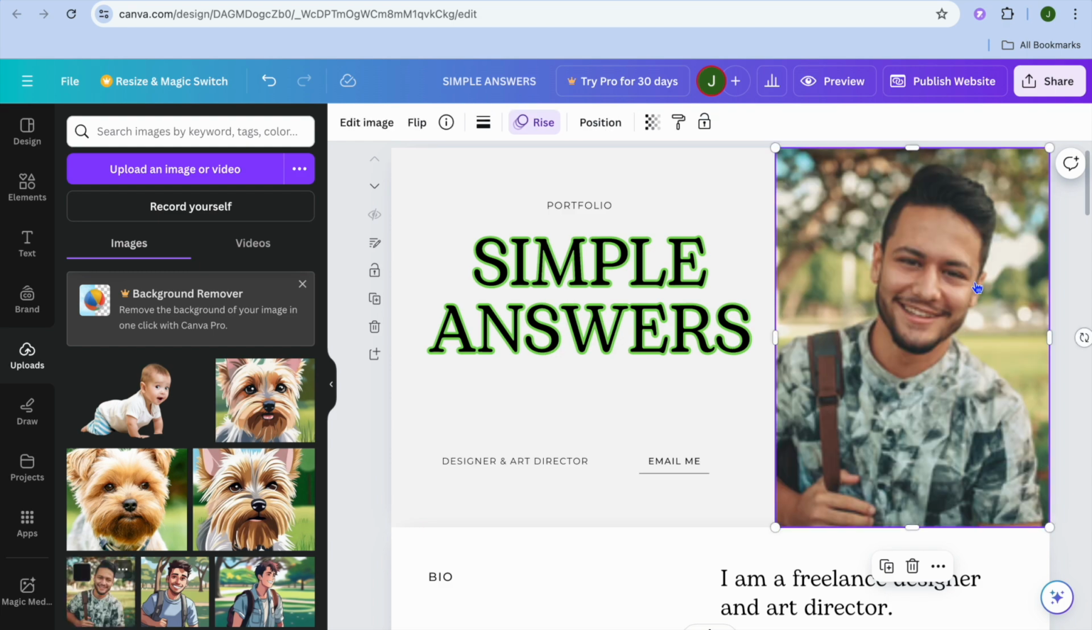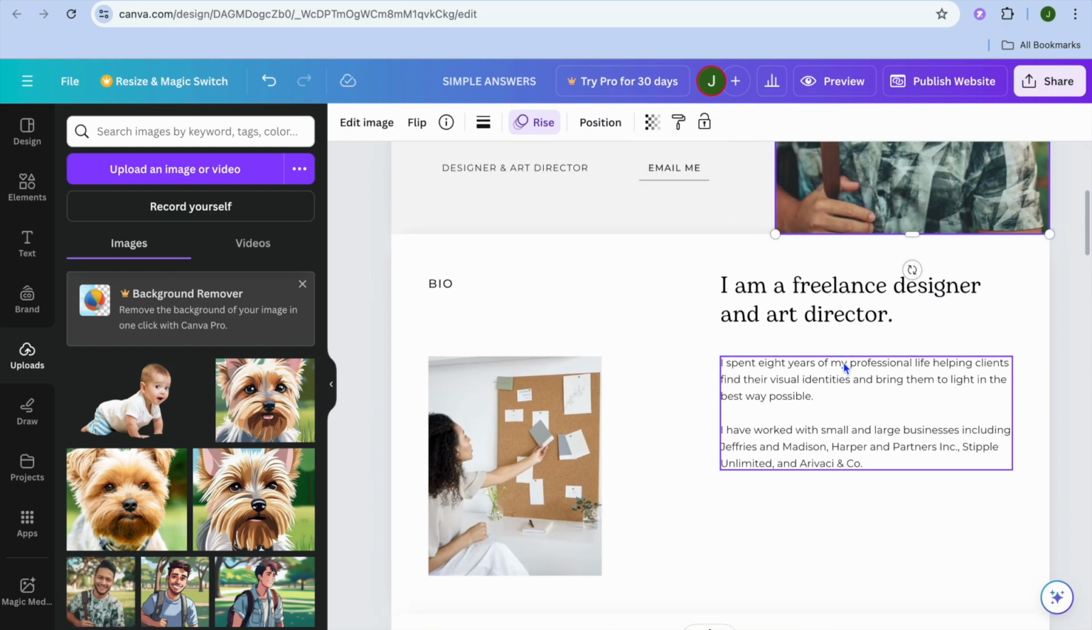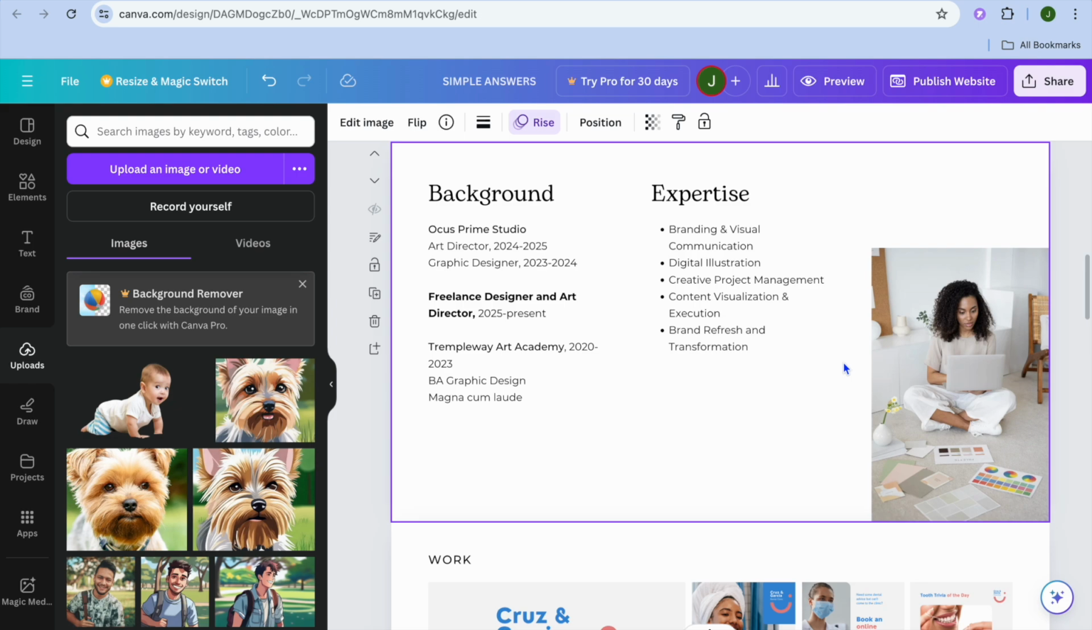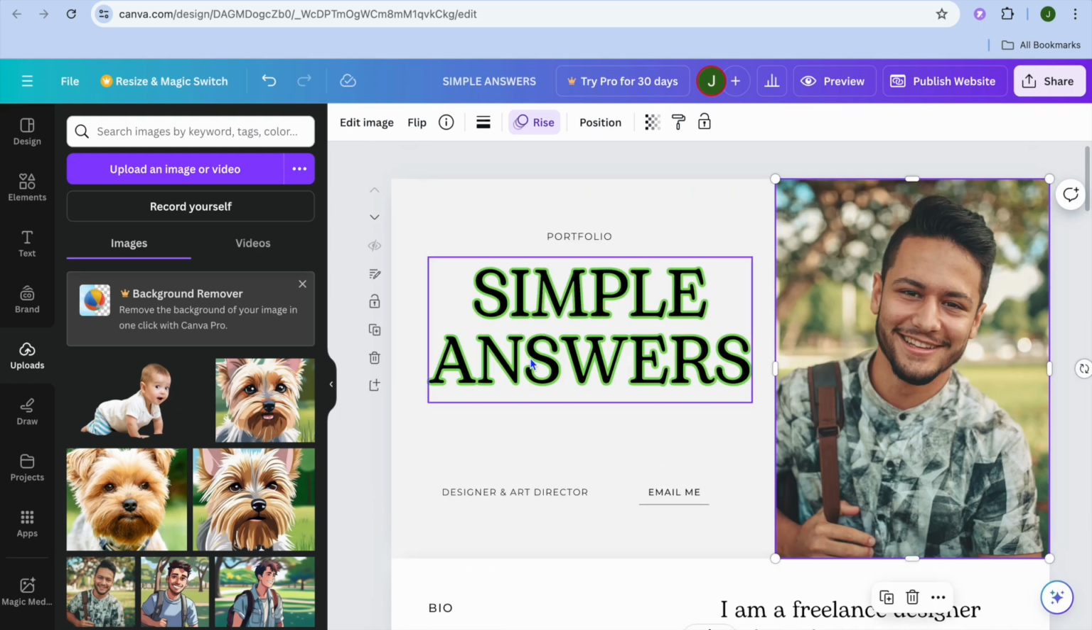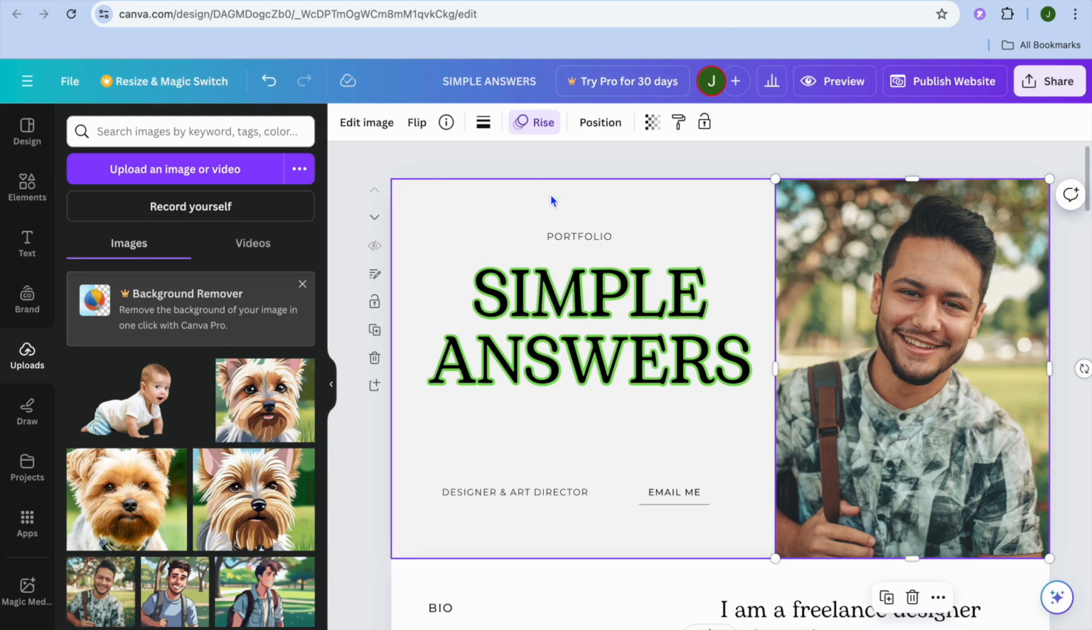Once you have done that, you'll simply drag and place it where the current photo is. Then you can scroll down and you can continue editing each page. So you can do that. And by the way, if you would like to know how to add the navigation bar that I was showing you earlier in this example right here,